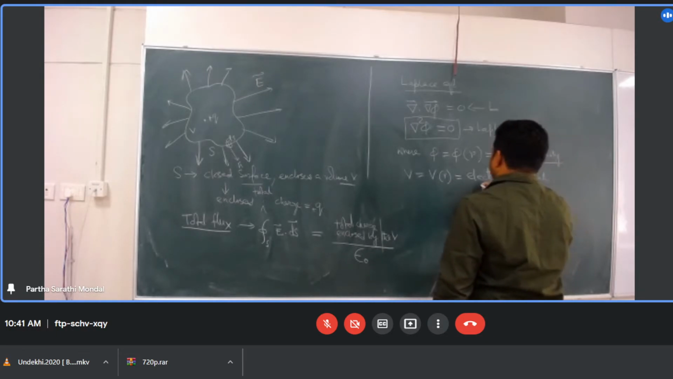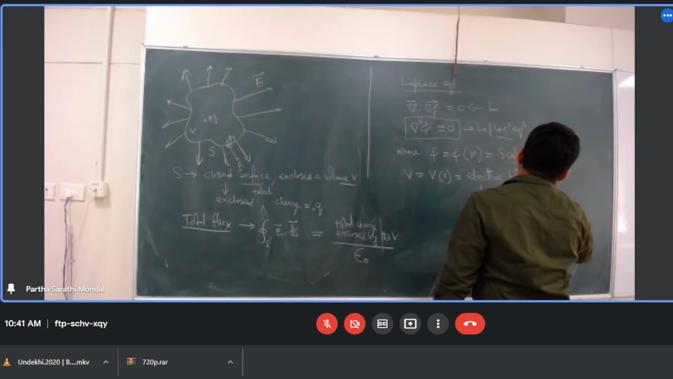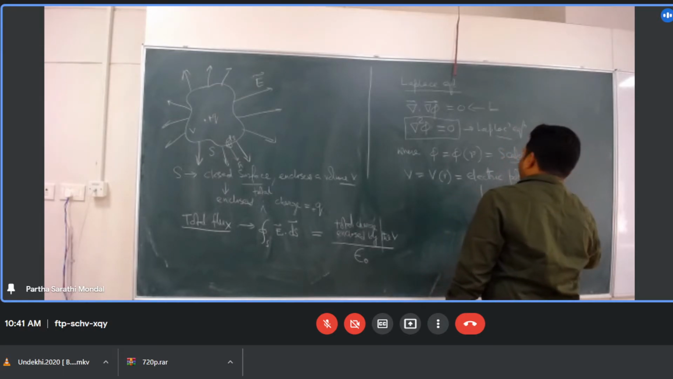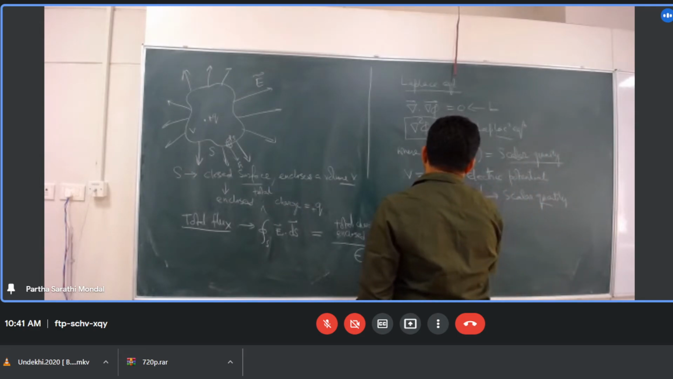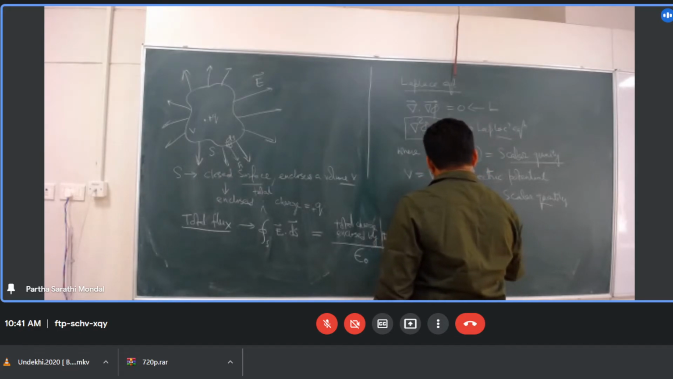Okay, so it's a scalar quantity. That means it should follow the Laplace equation. So del square phi, del square V, which is a function of r, should be 0. So now,